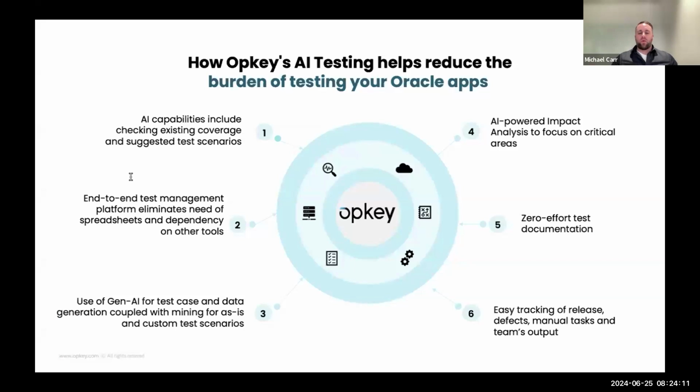So there's obviously a lot of buzz around AI, and when we transition to the use of AI in Opkey, here's just a few pointers on the different areas where Opkey and AI is being used in our platform. I'm not going to go through every single one of them, but I am just going to highlight a few of these. Point number one here is related to something we call test discovery. And this is a test mining process where we're actually mining your Oracle environment, through transactions, activity logs, and also taking a look at your configurations.